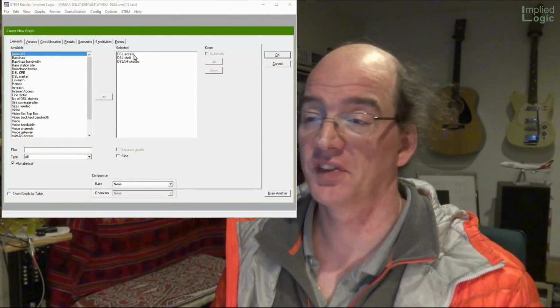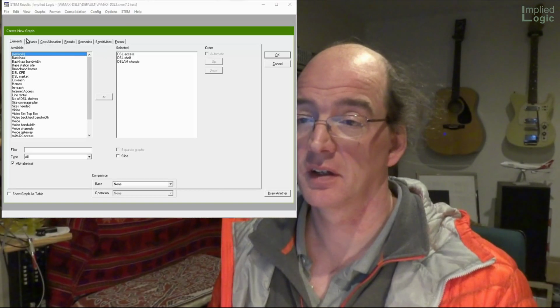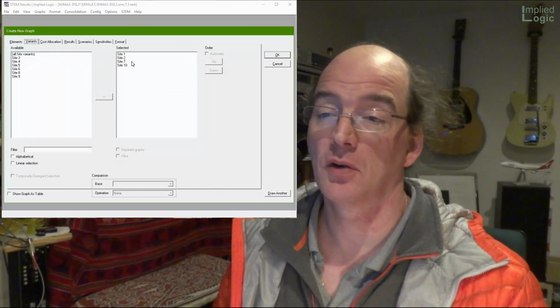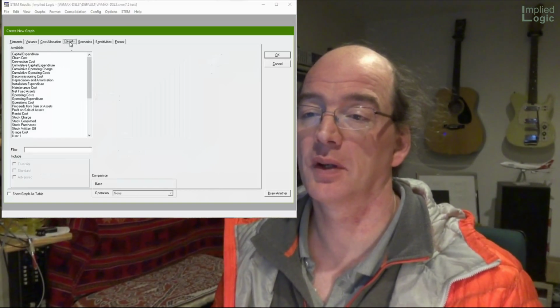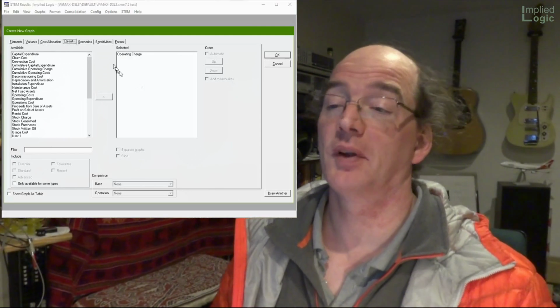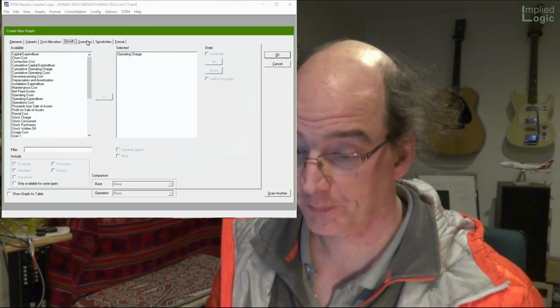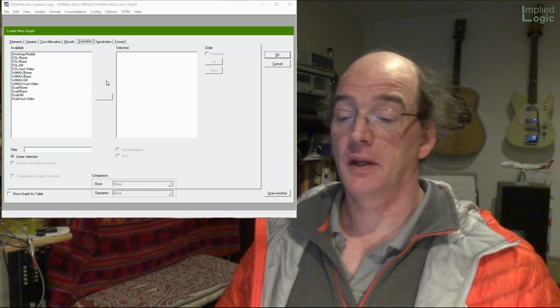So you pick your elements. I've got DSL access, DSL shelf, DSL chassis. You pick your variants. If you've got template replication, you pick some results. And finally you can pick scenarios. I go to the scenarios tab, and